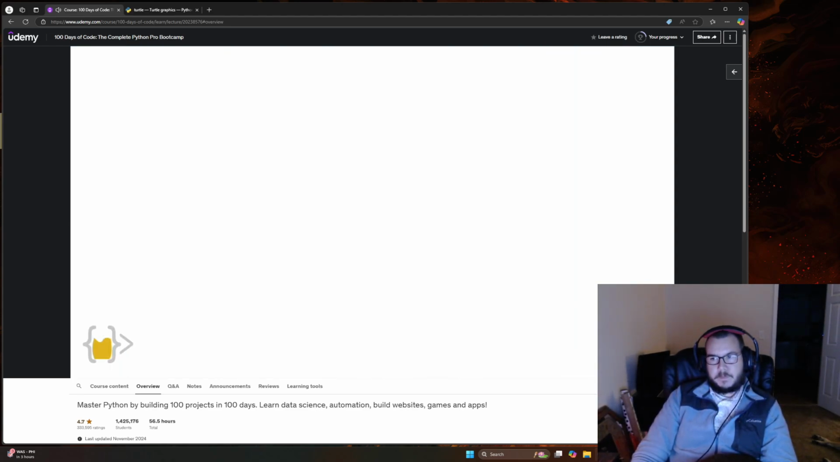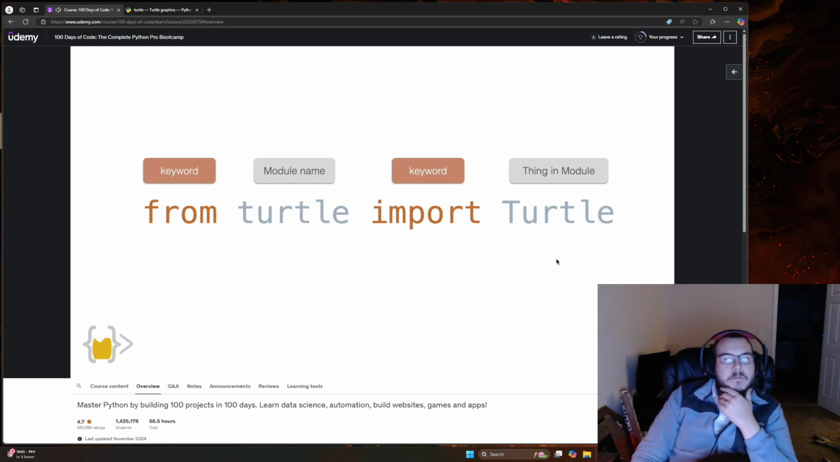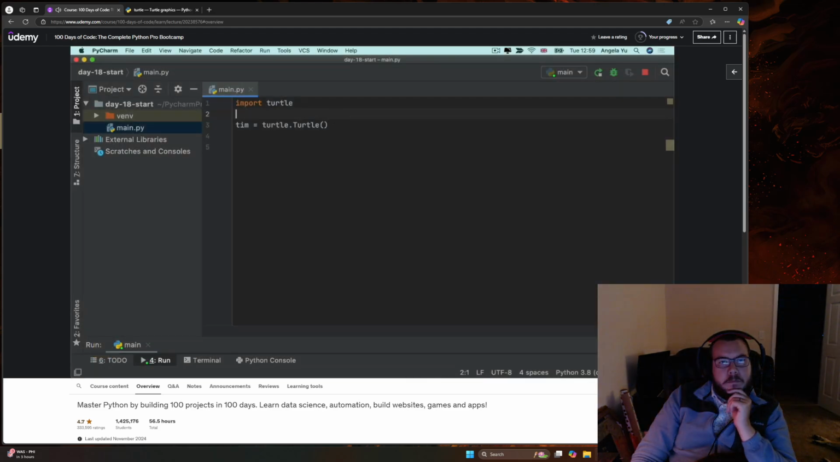Now, this is perfectly fine, but it would be so much more convenient if we were using that turtle class a lot to write our code like this. This way, we don't have to keep writing turtle.turtle or turtle dot whatever else it is that we want to import. And this code is, again, pretty simple. We have the keyword from, we have the keyword import, we have the module name, and also the thing in the module that we want to import. As you've seen, with this kind of syntax, we can simply write,